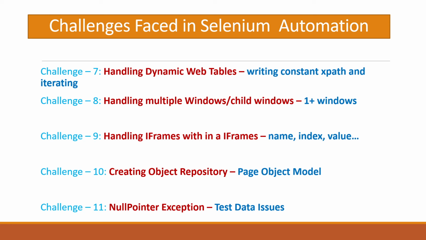Suppose I want to enter my username and password inside the login application, fetching from the test data .xlsx file. During this time what is happening? I get a null pointer exception because I am not passing the correct row number from that XLSX file. It gives a null pointer exception or data not found exception. To avoid these things we have to take it as a challenge